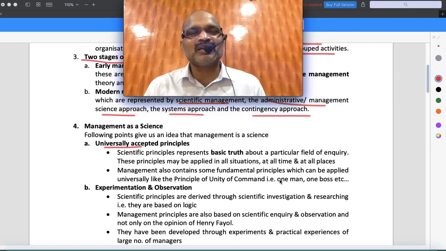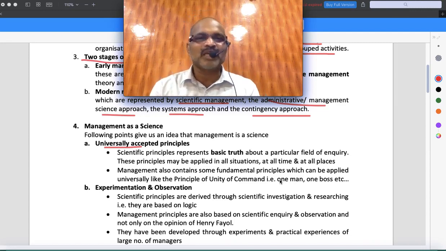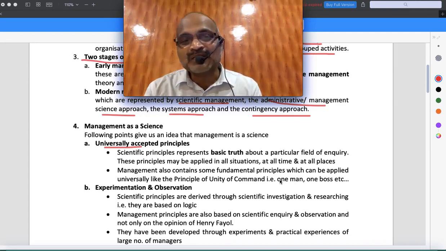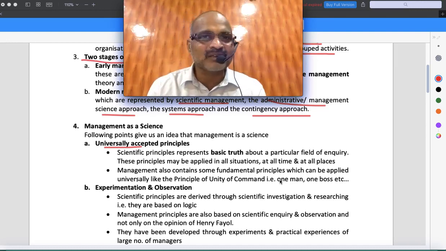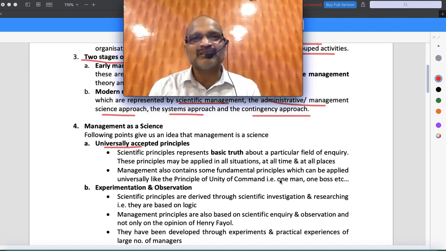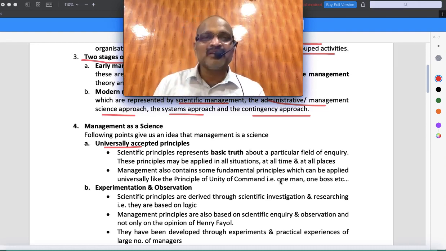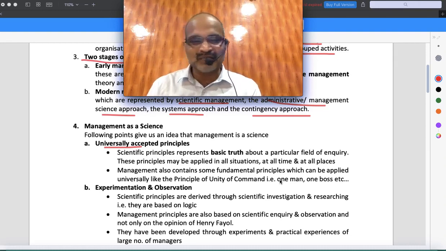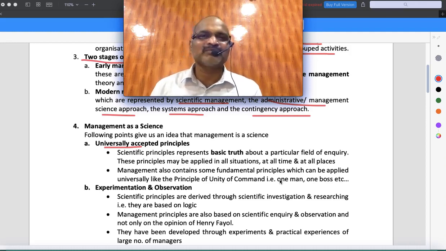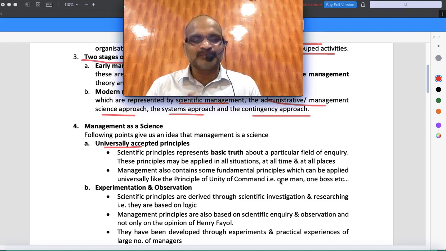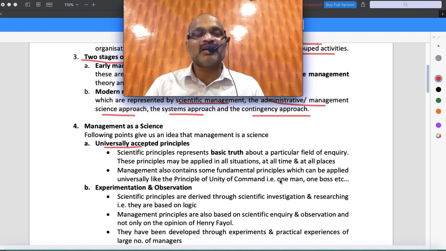The best example is an MNC. An American company has come to Hyderabad high-tech city and is working here. The management principles that are applied in America, they are applying in Hyderabad. Do you think they're not successful? In fact, they're more successful. Similarly, the technique we use in Hyderabad is also used in other places like Vijayawada. So the same management principle, when I have a method of getting things done, applies.